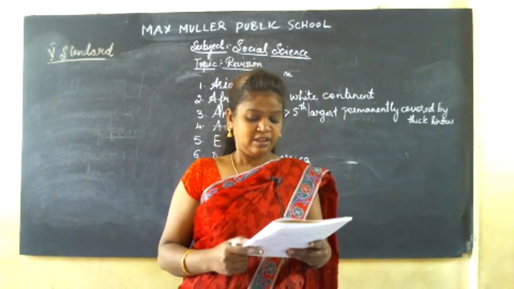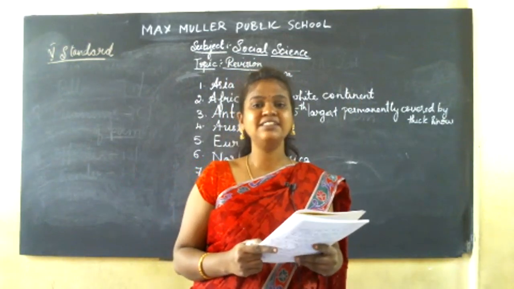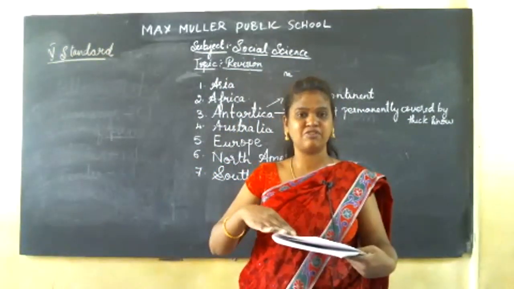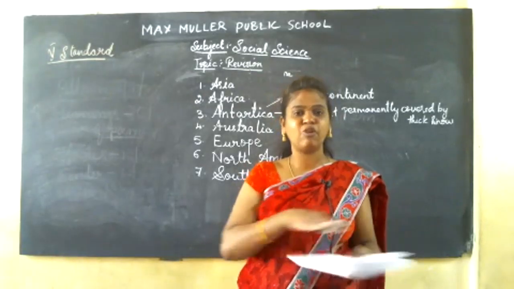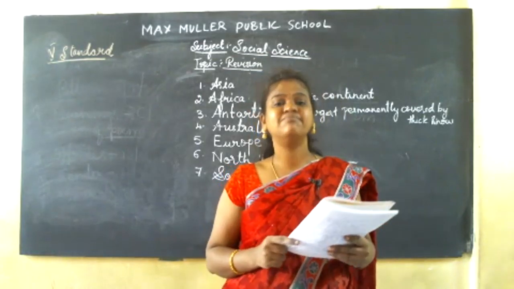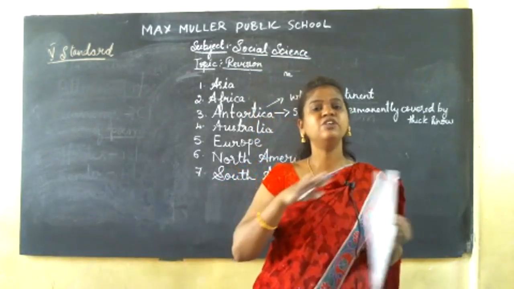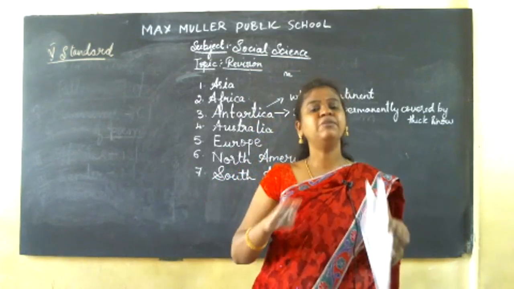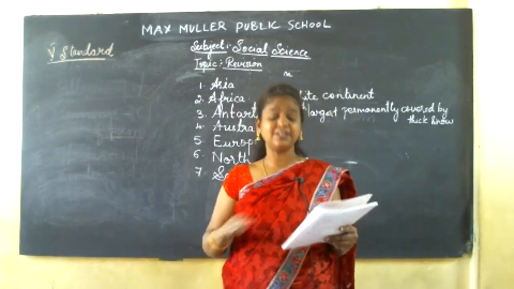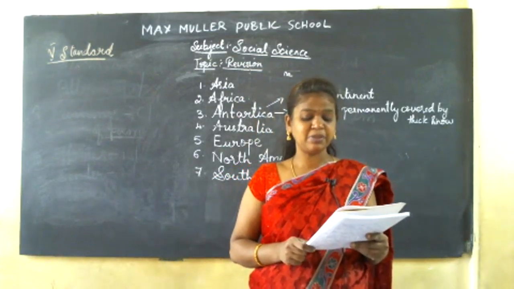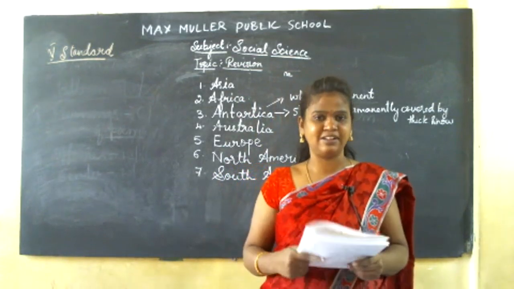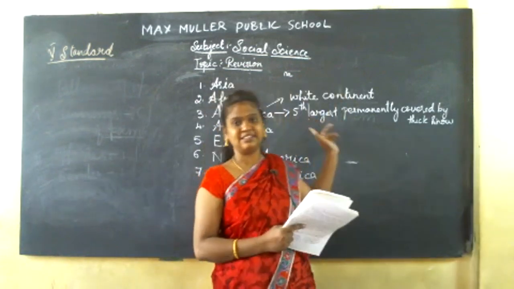And ice sheets. Ice sheets are nothing but sheets of ice. Example, now you can just see the sheets of a paper. In the same way, the ice will be in the form of sheets all year round and looks like a white mass. So whenever you see the North Pole or the South Pole, it will be fully of white sheets of ice as well as snow when viewed from the outer surface. Hence, it is called as white continent. So this will be the second answer.